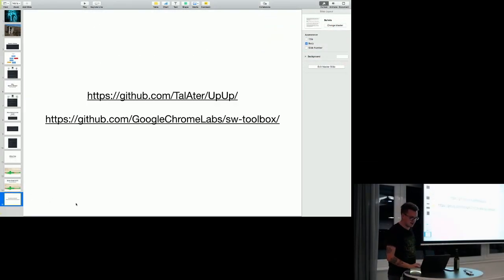To close my talk, here are two ServiceWorker implementations if you don't want to do it yourself. The first one is basically this offline HTML stuff from the second example, where I can say, okay, that's my offline HTML, please serve it when I'm offline. And that's all, and then you don't have to think about this whole